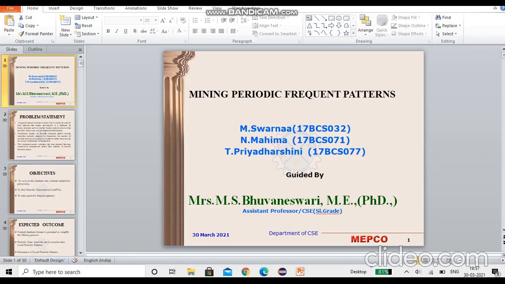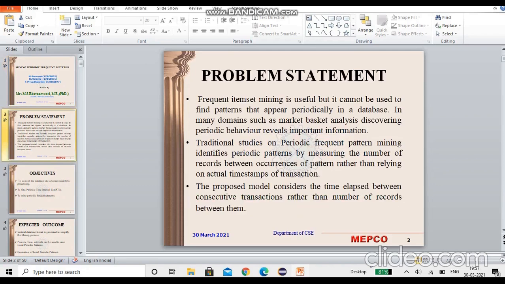Our project title is Mining Periodic Frequent Patterns. Problem statement: mining frequent items is very useful, but it cannot be used to find the patterns that appear periodically in the database. In many domains, such as market basket analysis, discovering periodic behavior reveals important information such as the